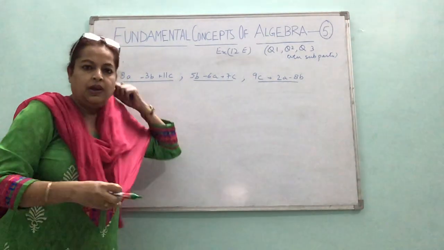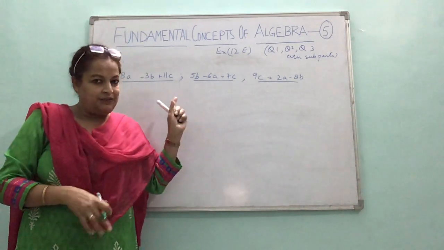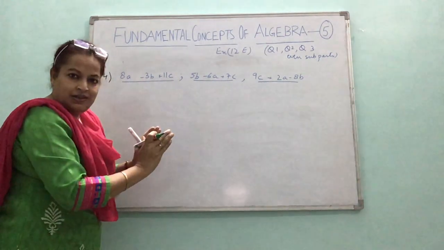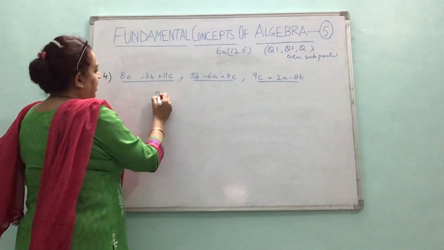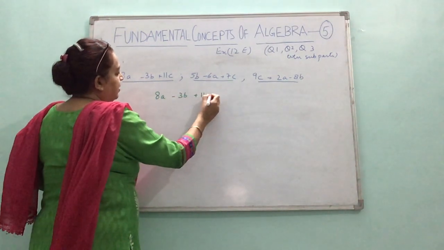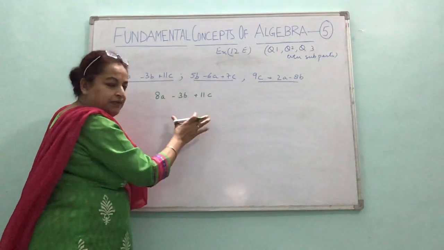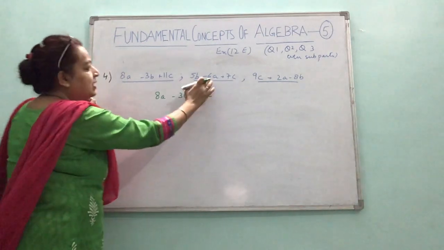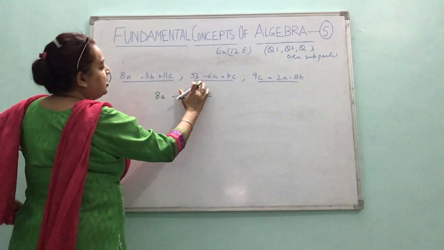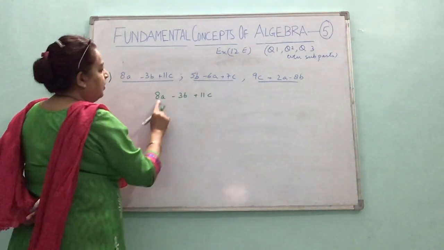Now it is no longer a single term. The working till question number 3 was different. Now the working here will be different. So I'll copy one of these, 8a minus 3b plus 11c. We can only add the like terms. So when I am copying the terms of the next expression, we will copy like term underneath the like term. That is the rule. Now this is a.